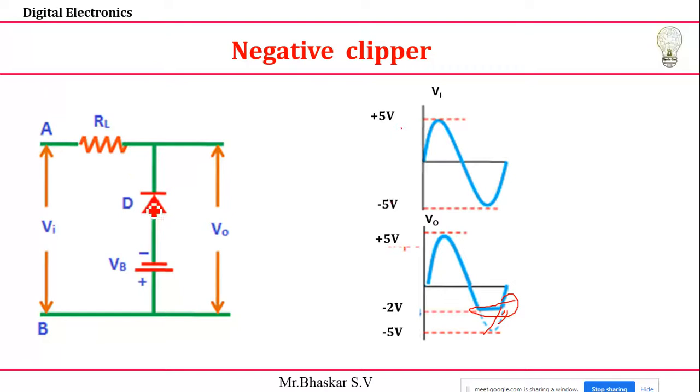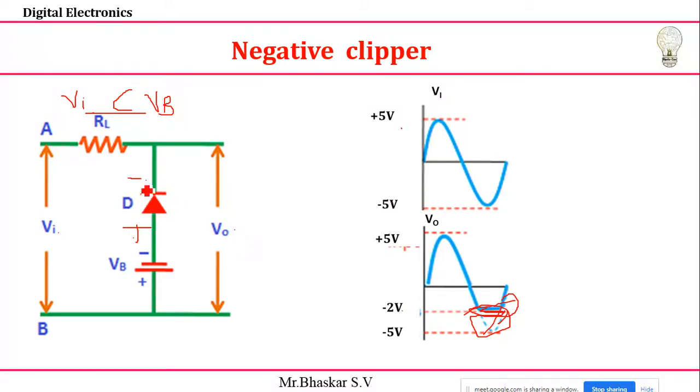So when is the diode forward biased and when is it reverse biased? I already told you this one: the input voltage, this is the negative voltage, the diode is forward biased only when the input voltage is less than my bias voltage. So minus 5 is less than minus 2, right? Then only it is forward biased. Then it maintains the voltage of VB. VB means here I am going to take a minus 2 volts biasing voltage. The same thing I need to get: the output voltage equation.